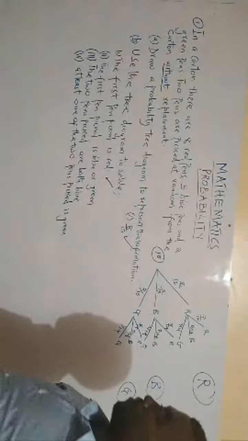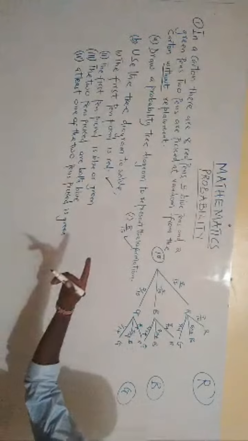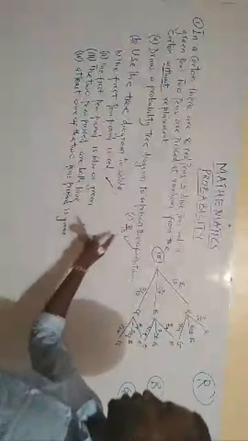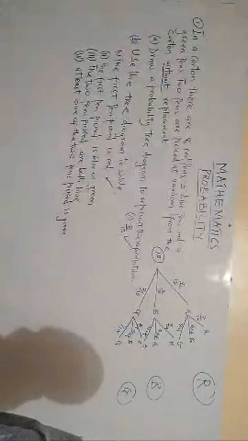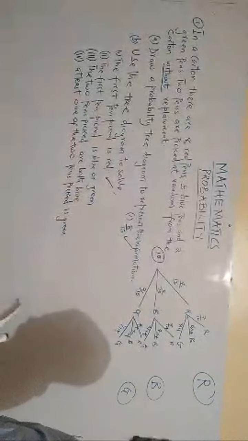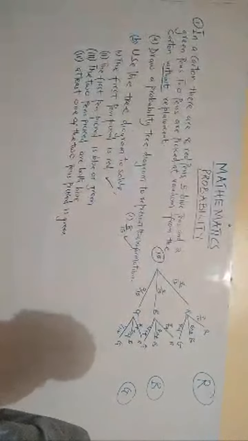Use the tutorial to solve part one: the probability that the first pen picked is red. It will be 8 out of 15. Then we have Roman 2, which is